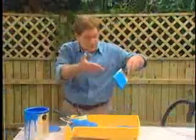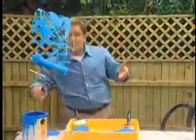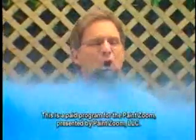So, you've got a choice. You can battle the spills and the splatter of a paint tray. You can guess at how much paint you put on the roller and hope that it comes out evenly. You can fight the smears and the smudges and the slow-motion painting of a brush, or you can pull the trigger on the fastest, easiest way to paint, the Paint Zoom. One coat, perfect coverage every single